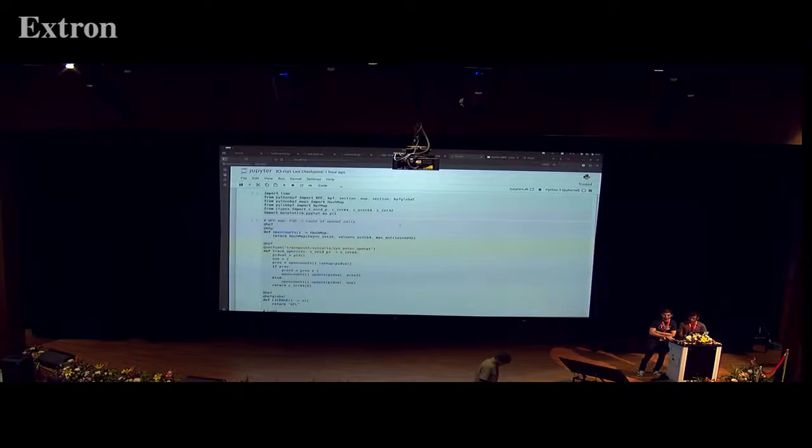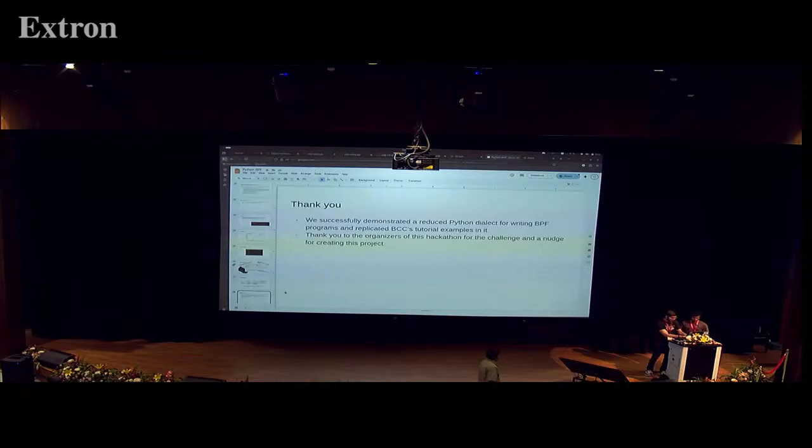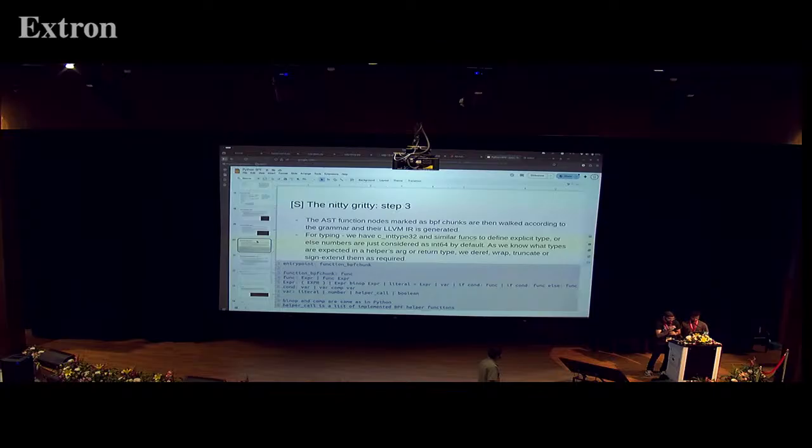Hi, thanks for the nice presentation. One question I had is, what fragment of Python do you support in this translation? Do you support lambdas? No, so this was in one of the slides which we conveniently skipped in the interest of time. This was the reduced grammar that we support for now. There are some changes to it; we have added support for structs as well. So if we declare a data class in Python, that can be translated to a struct.